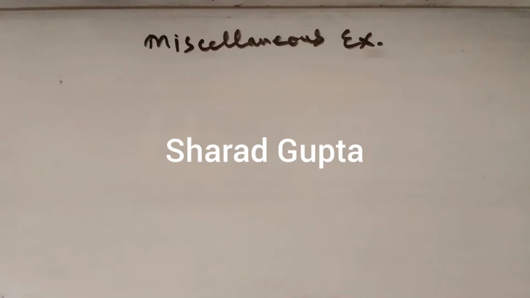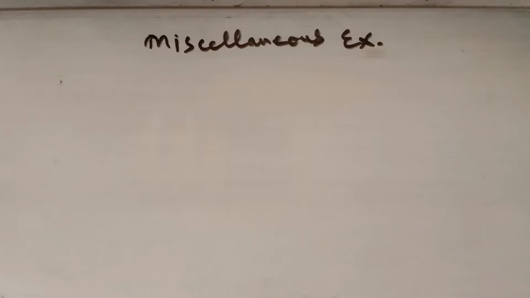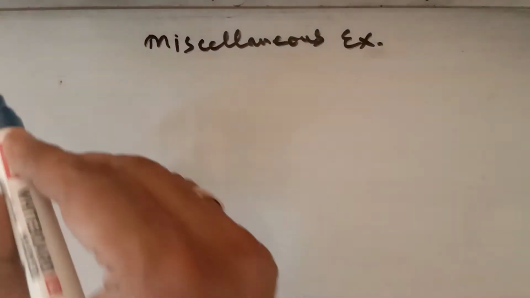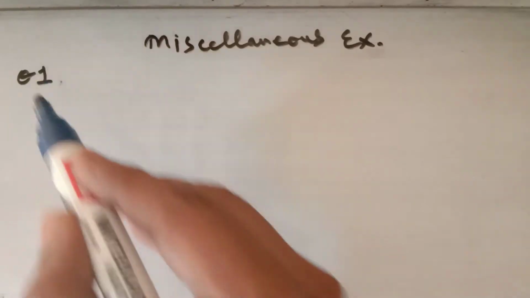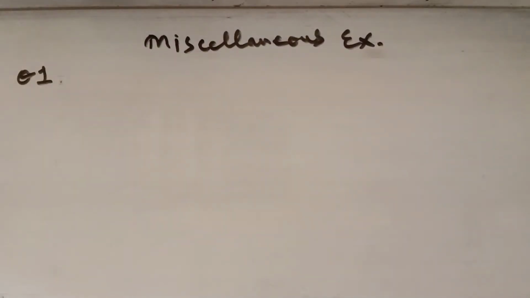Hello, this is lecture number 11 for the chapter Differential Equations for class 12th, and in this lecture we are starting with the miscellaneous exercise of the NCERT book. Now in question number 1 of this miscellaneous exercise, you have to find the degree and the order of the